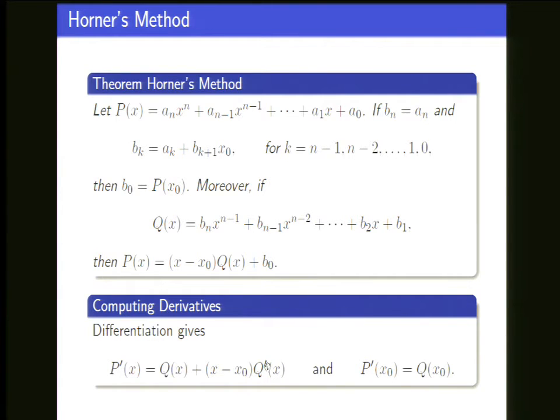And what that means in particular is that if you plug in x0 in this expression here, you see that evaluating p, this term here dies, right? Kind of a nice trick. So p prime at this x0 is really just equal to the q at x0, which means that you take these coefficients that you just had